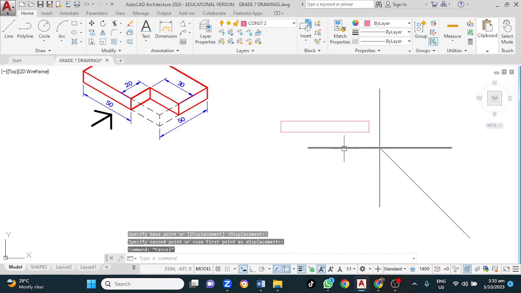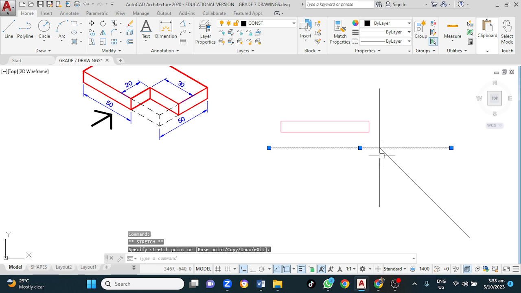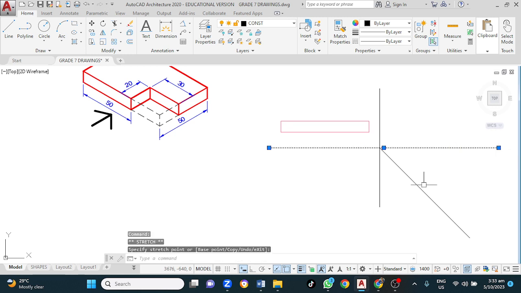Then I need to extend this. I left click there, left click on the end, drag it a little distance away, escape. Left click here, drag, escape. So now I've drawn the outline for the front, but there's an edge right here,